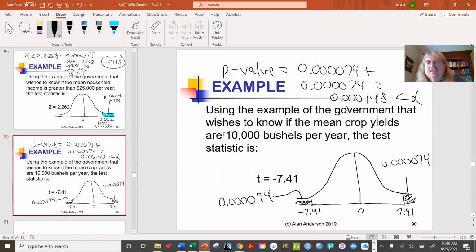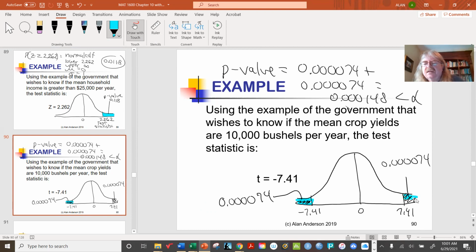Now for this other one, with the bushels of wheat. In this case, the t-value is so tiny. Look at that. The test statistic is minus 7.41. The p-value is really tiny, but this is an important detail. When you're dealing with the p-value, if you have a two-tailed test, you're including the area in both tails. So each tail has an area of 0.00074,